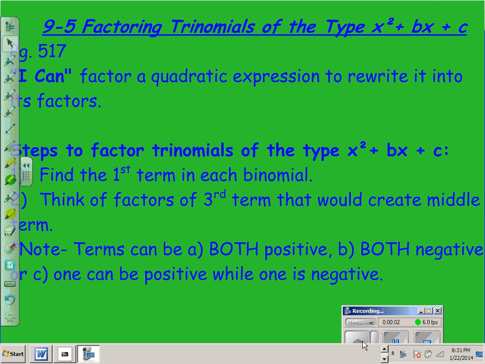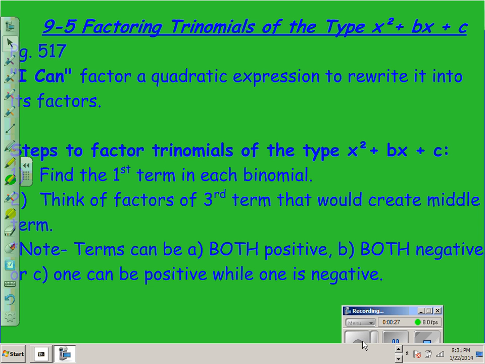Hello, algebra students. Today we're going to be working with factoring trinomials. So in essence, you're going to be going backwards from what you've been doing thus far. You've been given a binomial and multiplied it by another binomial, or you may have been given a binomial and multiplied it by a trinomial, but you've been basically distributing, multiplying, combining those terms, and now we're going to go